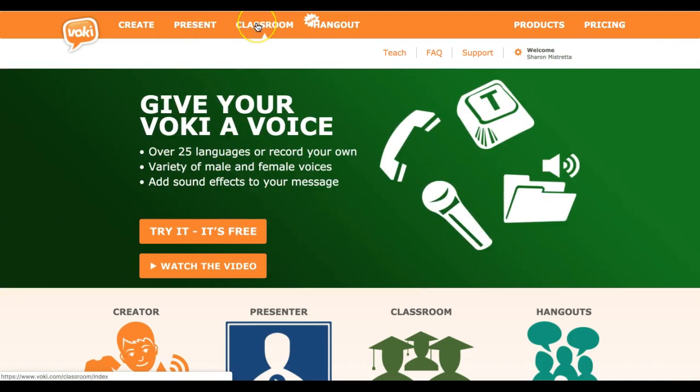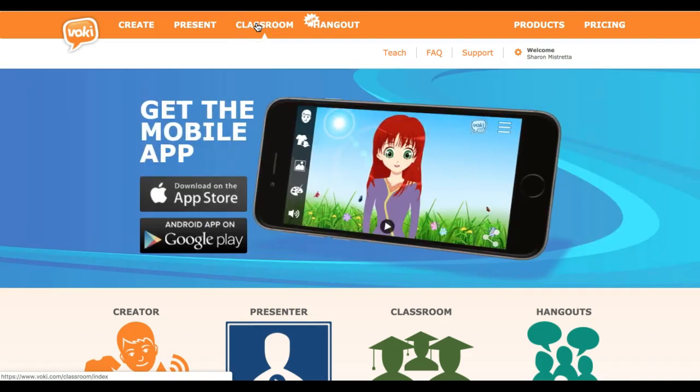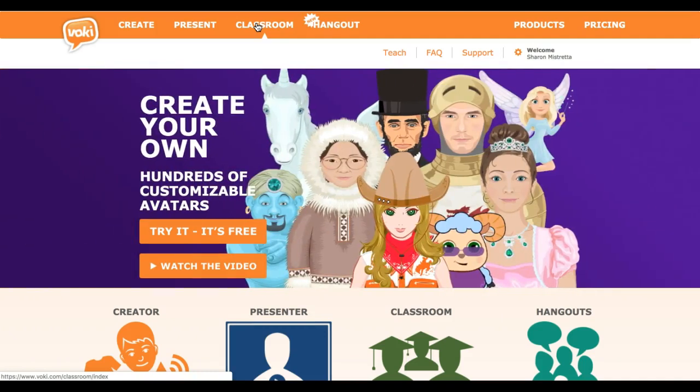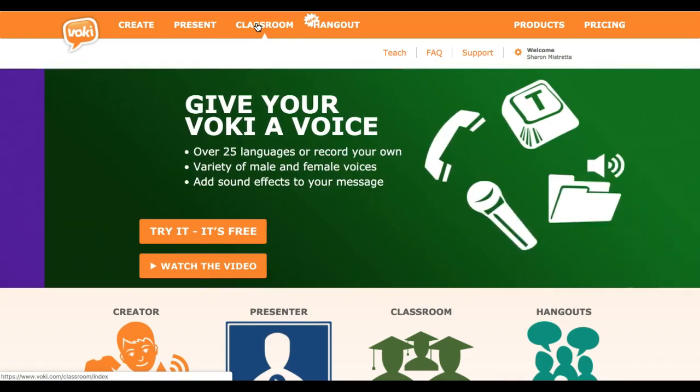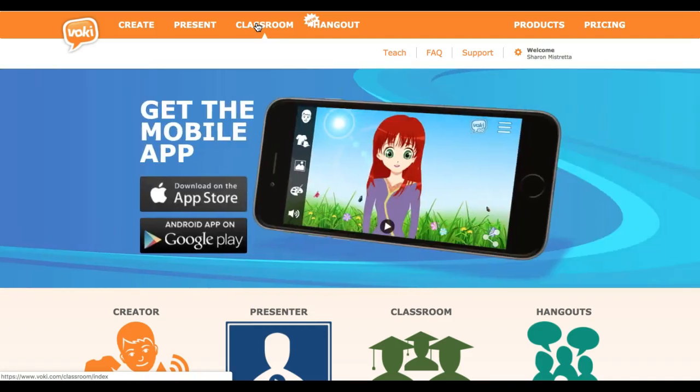They also have a classroom license. In a classroom license, you can enroll your students to create Voki. I don't use that for my young students. I use this for my fellow classmates or colleagues that I'm collaborating with, because by putting them into a classroom, then we can collaborate together, and it gives them the opportunity to have the extra timing that they can record something. So the standard free license will let you record 60 seconds, whereas a classroom license will let the members